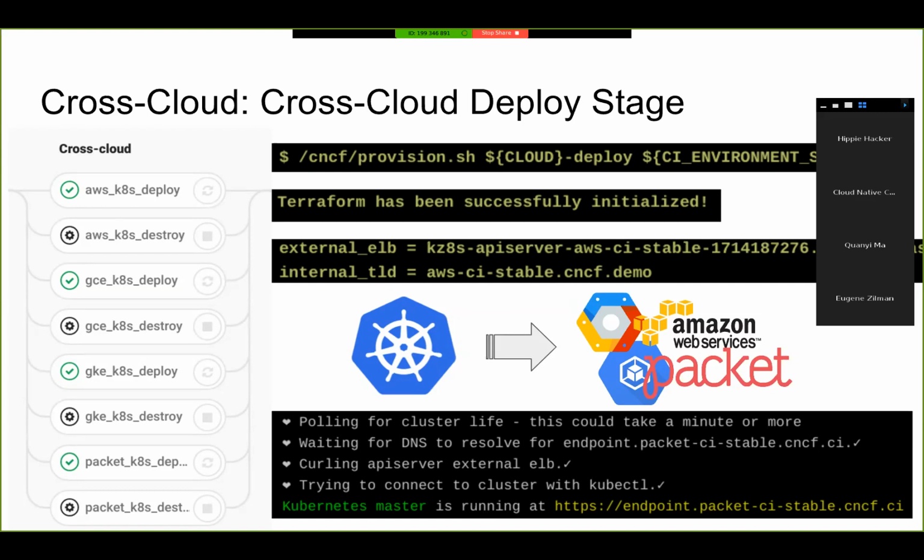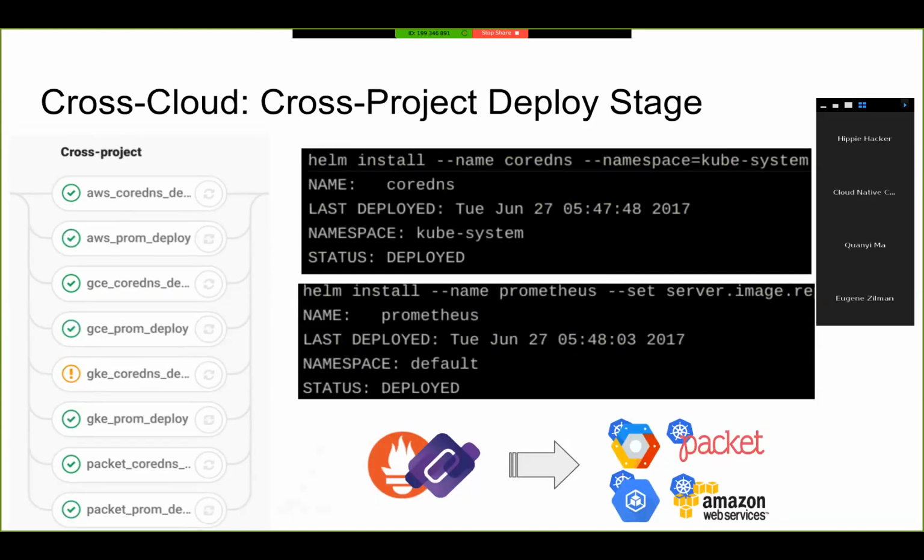On the next stage, we deploy each of our projects using Helm, pointing at this repository. We deploy each of these projects to each of those clouds using the artifacts that were collected in the first stage. And finally,